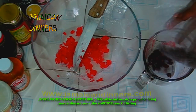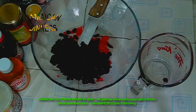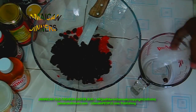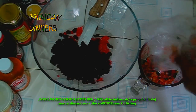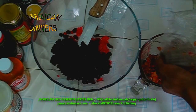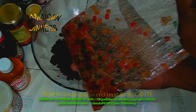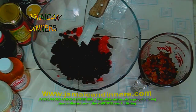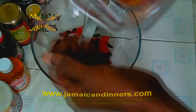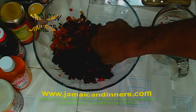Okay, measure your raisins. Measure your mixed peel. Make sure you get fresh mixed peel, because I noticed in the supermarket these people have some black ones that they have many years that's not selling, so make sure it looks pretty and nice like these. So that was 2 cups of raisins, 1 cup of mixed peel, and 1 cup of diced